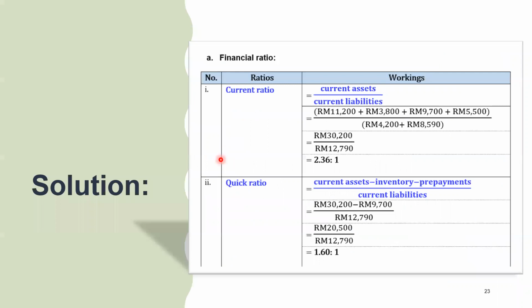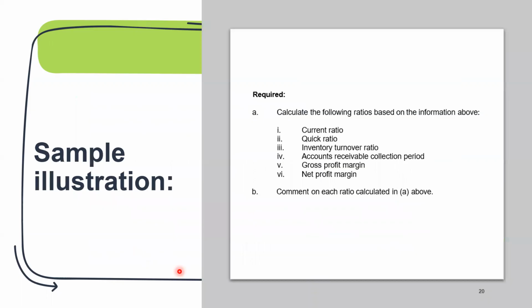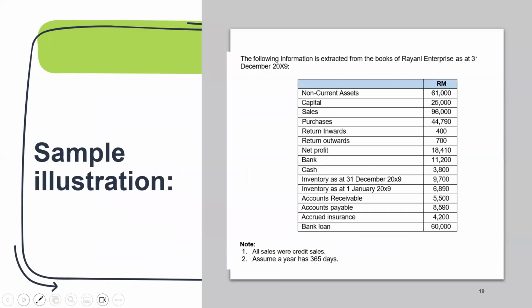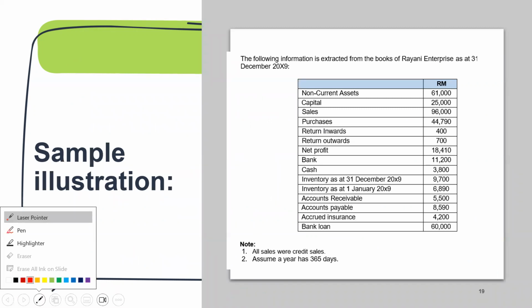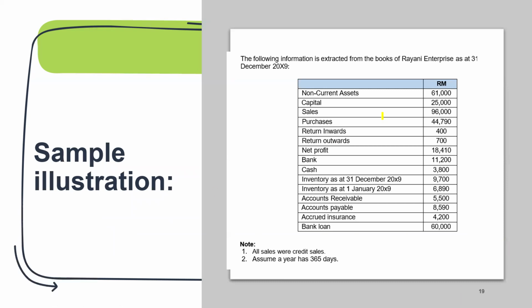Okay, let us calculate the first one, that is the current ratio. So let us recall the current ratio formula, that is total current asset divided by total current liability. So from the question above, we need to identify what the current assets are. If the total current asset is not given directly in the question, we have to find it ourselves. As you can see here, let us highlight the current assets. Based on the list, we can find that the current assets consist of bank, 11,200, cash, 3,800,